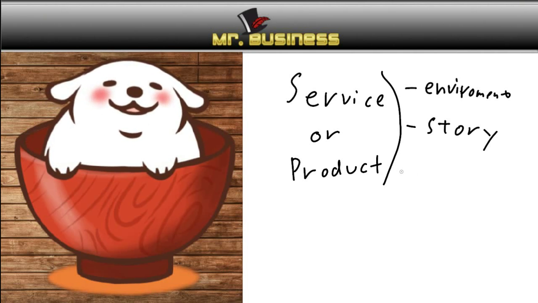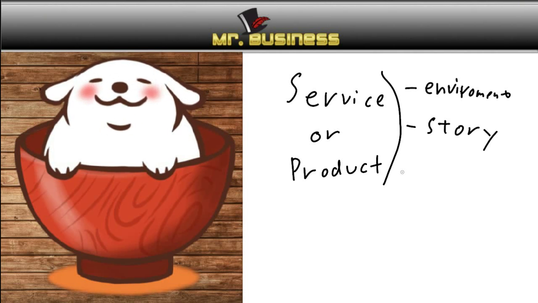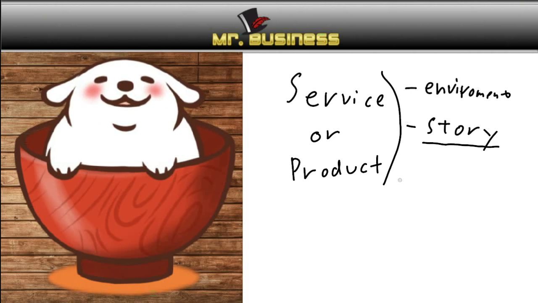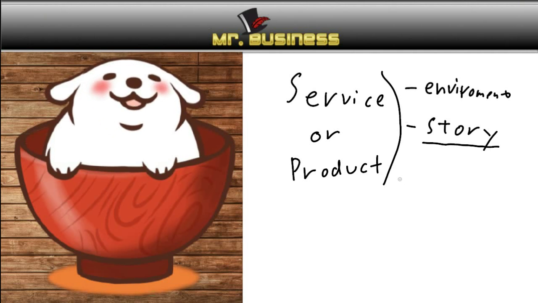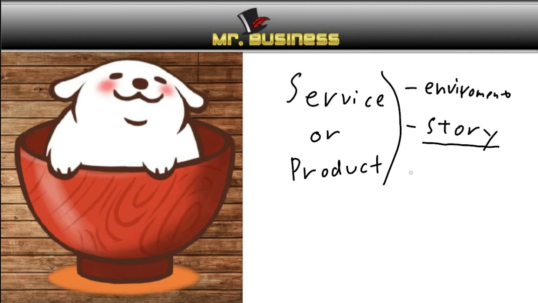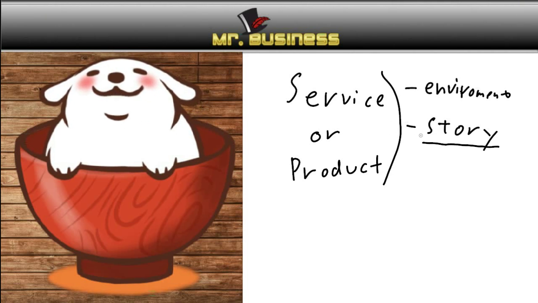Sort of like KFC, Kentucky Fried Chicken. It's not just chicken you're eating. They got the Colonel. The Colonel and the idea of that story of some Colonel Sanders with this secret recipe of 7 spices. Guess what that is? That's a whole lot of story. And his story worked. KFC has worked because of that. And some businesses rely a lot on story. And we'll talk about the power of story in some future episodes. But it's amazing how much story can actually add to your service and product, even though it's intangible.